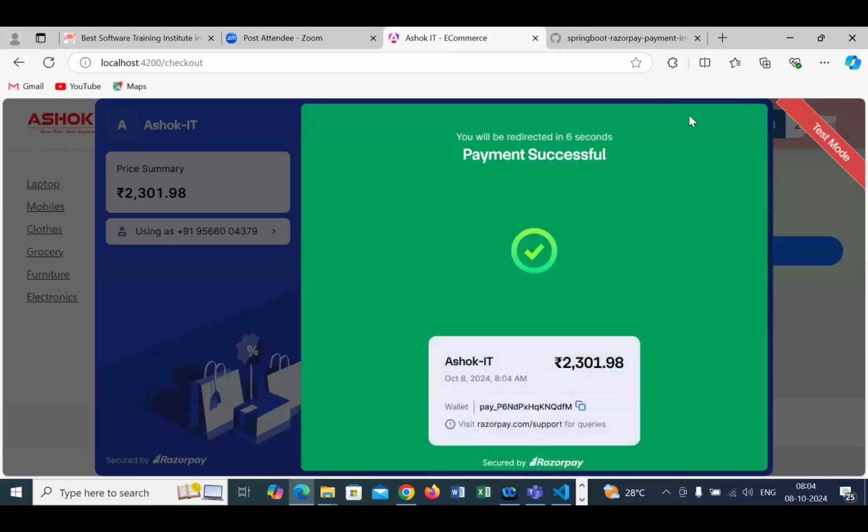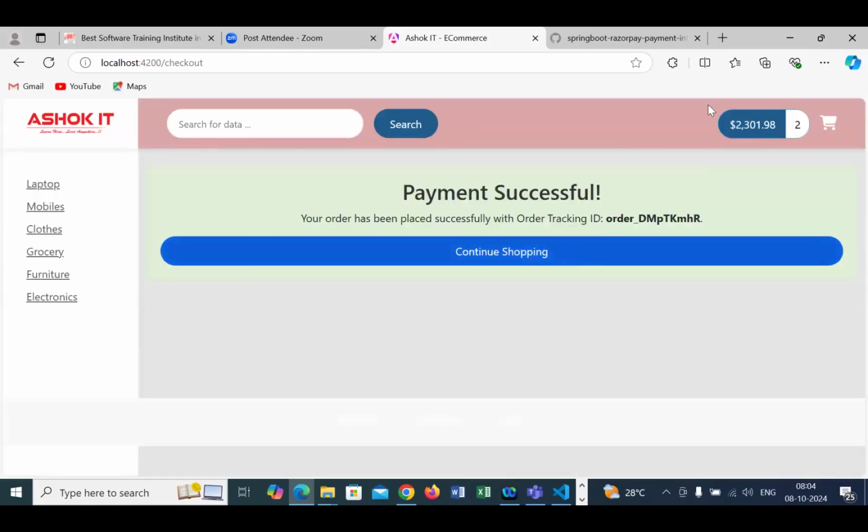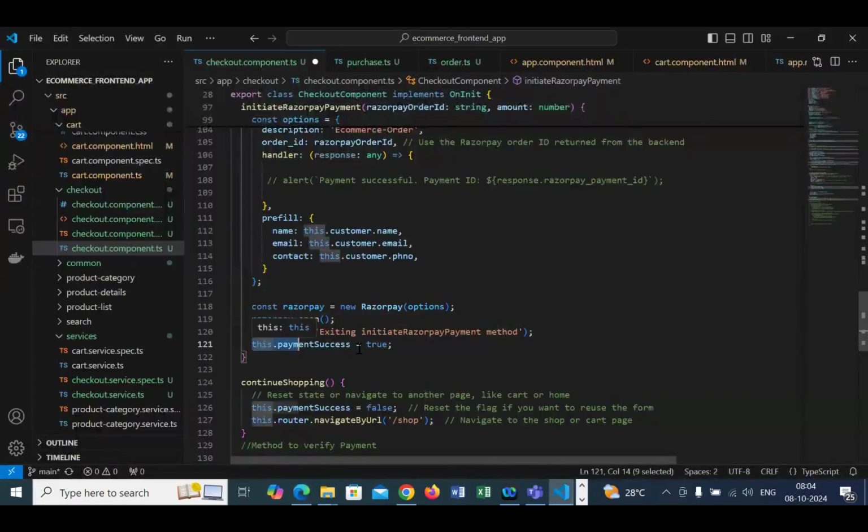Now what happens? Once this payment is completely done, we are doing a validation actually. Okay, we're doing a validation. This start payment success true. Okay. So in Angular, what I'm doing